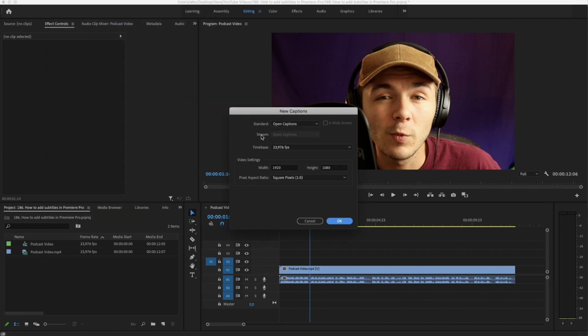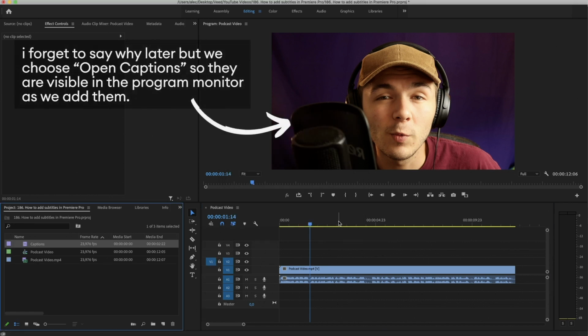And now we're prompted with these settings right here. And what you're going to want to make sure you select in the standard drop-down menu is Open Captions at the bottom. Now, these are all industry standards for subtitles and captions. However, I'm going to choose Open Captions, and I'll tell you why in a second. So now if I click OK, as you can see, we have the captions item that has been added to